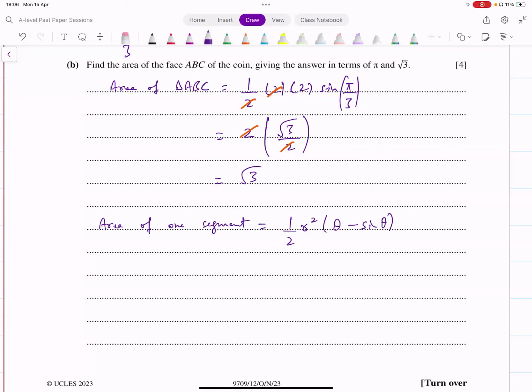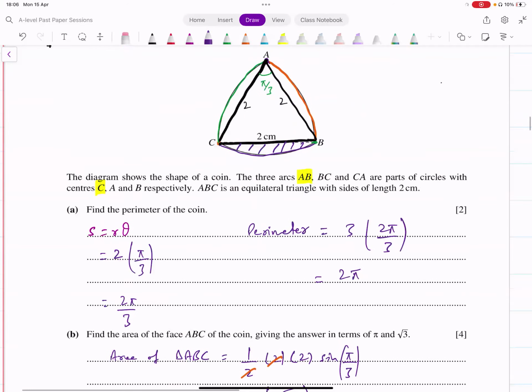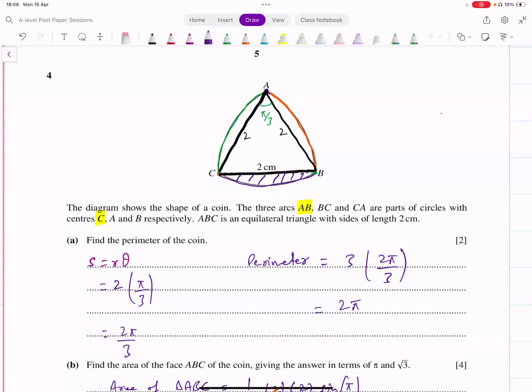And that's basically coming from the same two formulas. Area of a sector. What's the area of a sector? Half r squared theta. Subtract from that the area of the triangle. For the area of the triangle, if you think of it in terms of this sector,